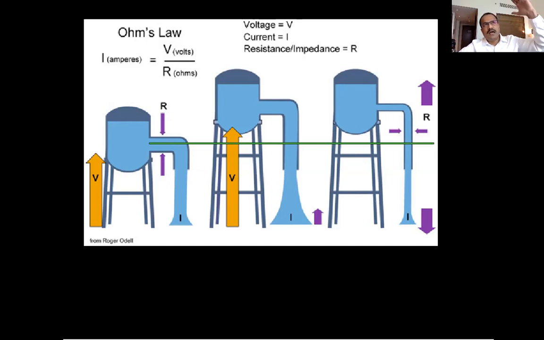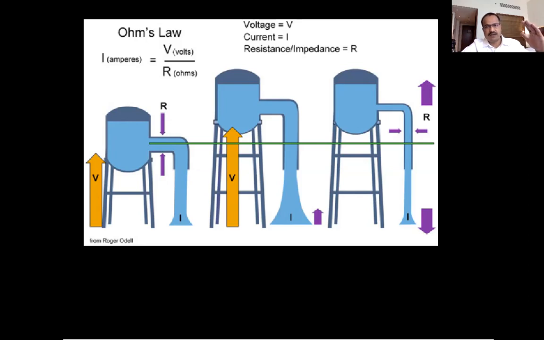Secondly, when you increase the height of the tank, more water will flow. But if you change the diameter of the pipe, if you make the pipe bigger, still more water will flow. That means when you make the pipe bigger, you remove the resistance for that flow. And in that case, more water will flow. If you want to conserve, you can reduce the size of the pipe, and that increases the resistance to the water flow. So you actually waste less water and it will be uniformly distributed to everybody. So this analogy helps us to understand how it works in the body. Now resistance.